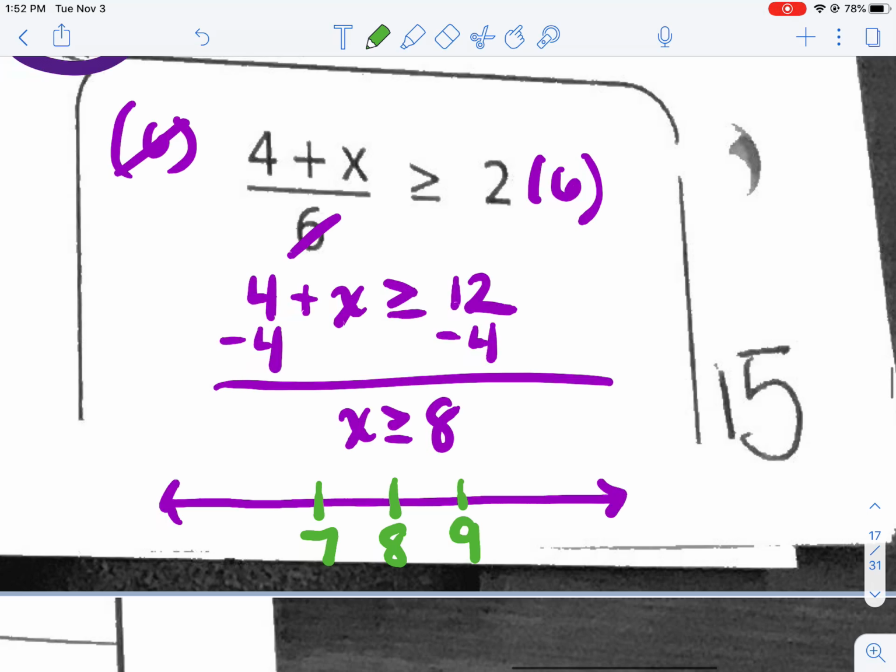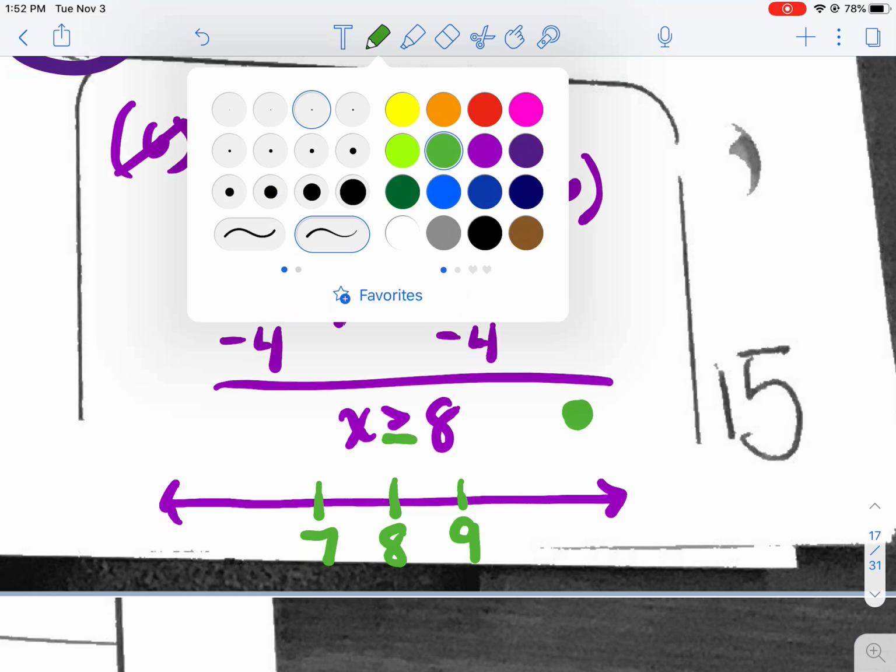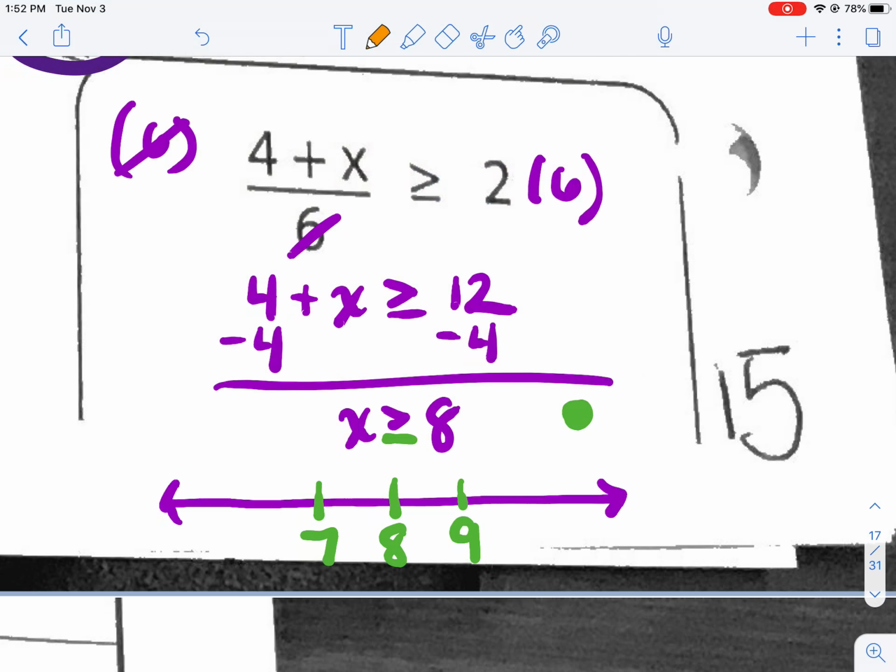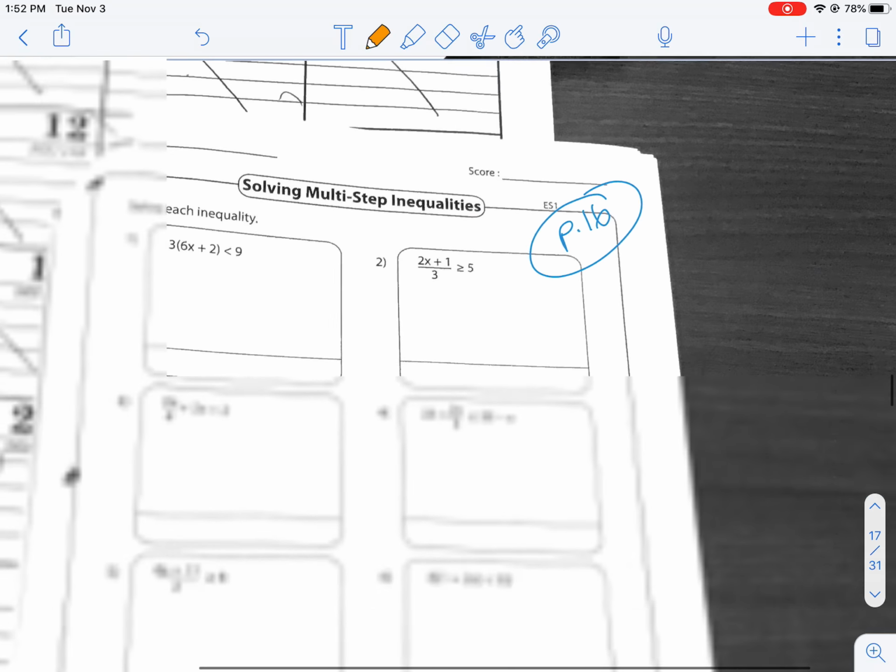Now, when I have that equal to part, right, that means I want a filled in circle. So I'm going to fill in the circle at 8. And then if I look where this arrow is going, it's going to the right. So I'm going to fill that in. Okay, so let's look at,